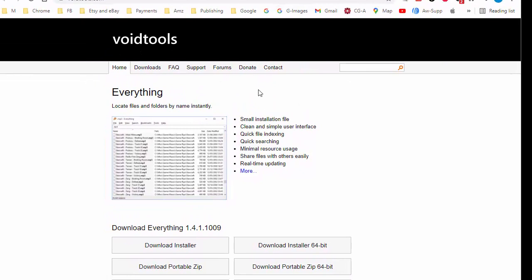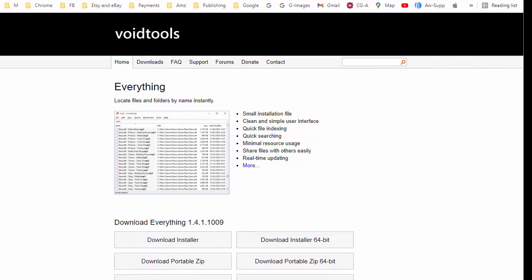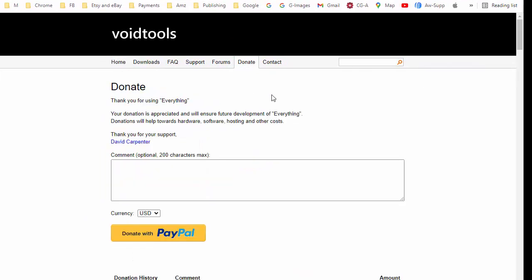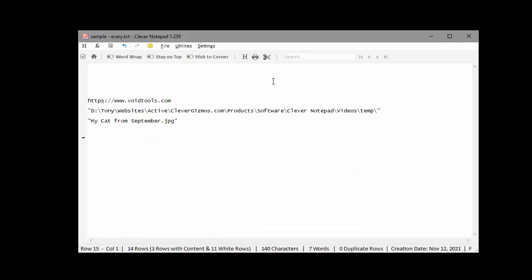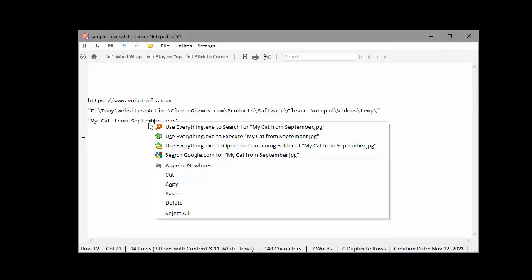And I wanted to open this website because I wanted to tell you that the app also integrates with Void Tools app, everything.exe. Everything is a free app that will index your entire hard drive, which basically just means it creates a large list of every single file on your hard drive. And this makes things very, very nice, because after you install this app, and again, it's free, this guy just works off of donations, you can see,